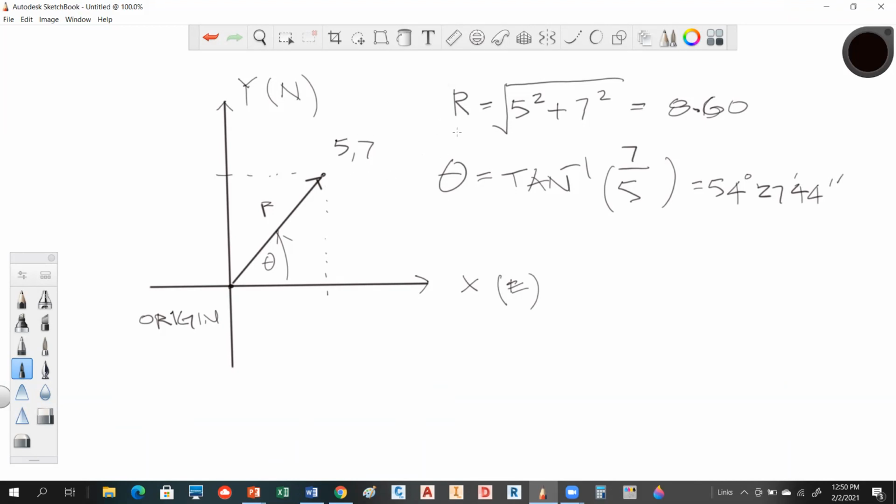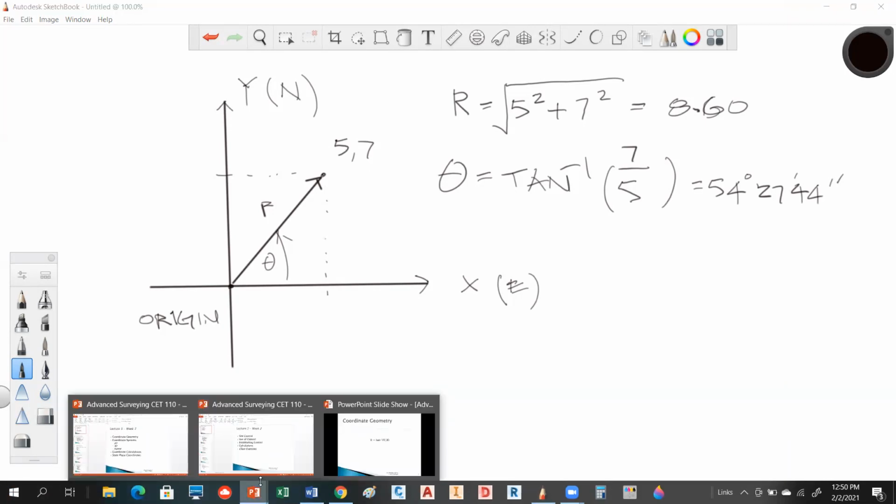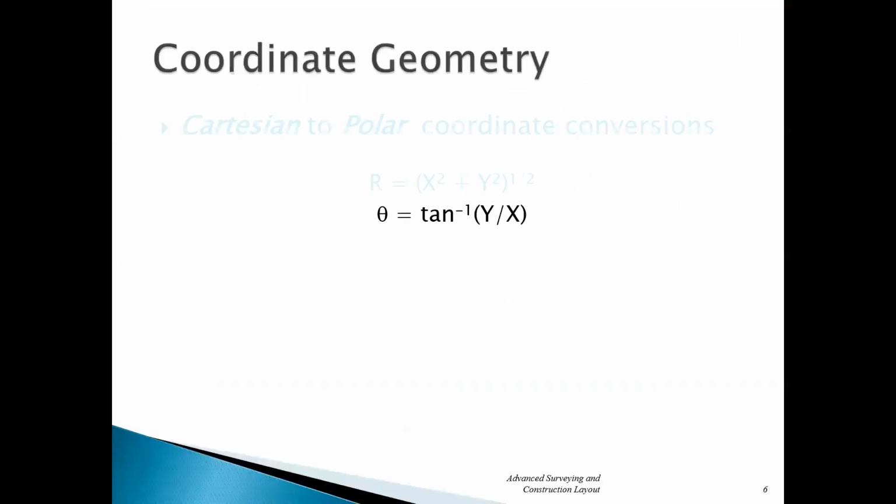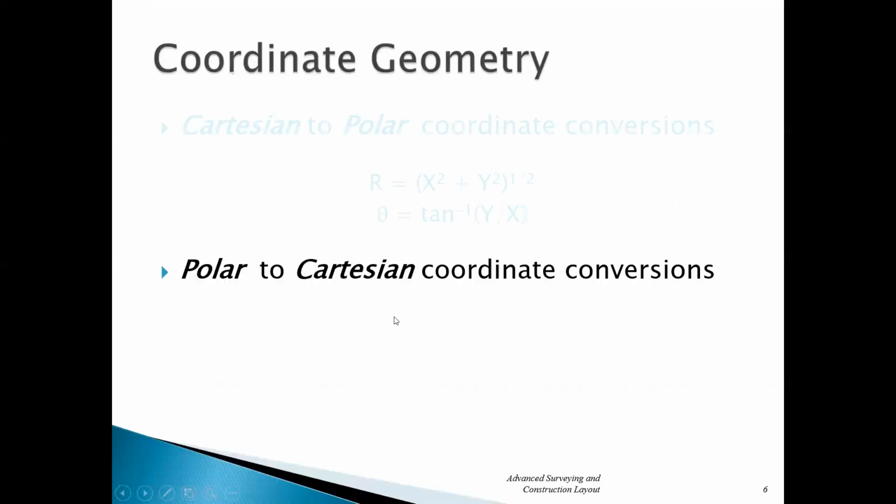Okay, so we will do a bit of that actually. That's one thing, and I'll do some more homework problems with you as we get into this. So let's see if we go back the other way, how you can do that. And essentially, we've already talked about that because that's kind of what we did in the stuff last week. So a polar to Cartesian conversion is really just taking it and breaking it down